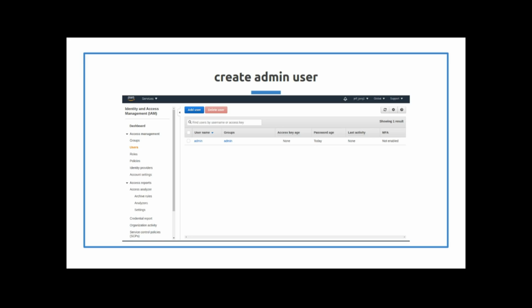So now I'm going to jump in the demo, and I'm going to take that group that I made, and I'm going to put it on a user.